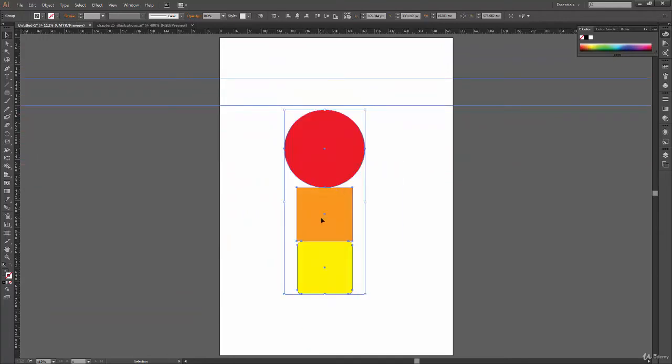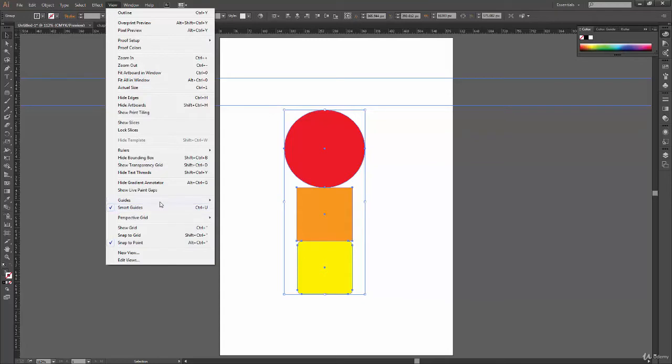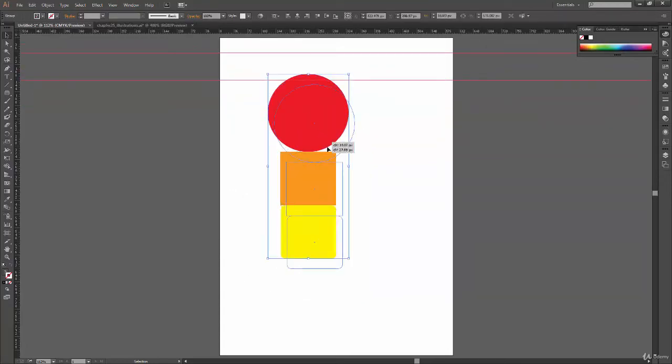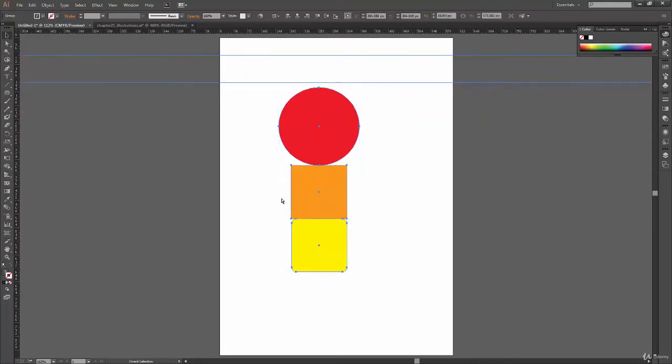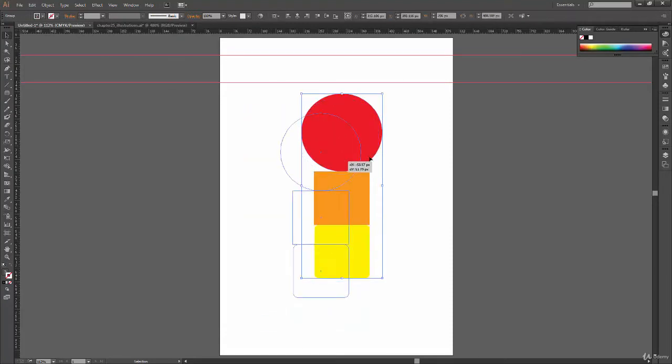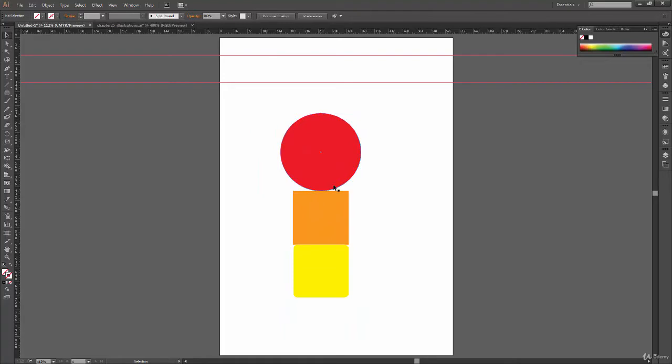So that's why we should lock guides from here, View, Guides, Lock Guides, before making these kinds of groups or before we start working on our artwork, because we might accidentally group some of the guides along with the shapes, and then you have to ungroup again, select the shapes only and group them to make it work. So just be careful about this because I do it a lot of times.